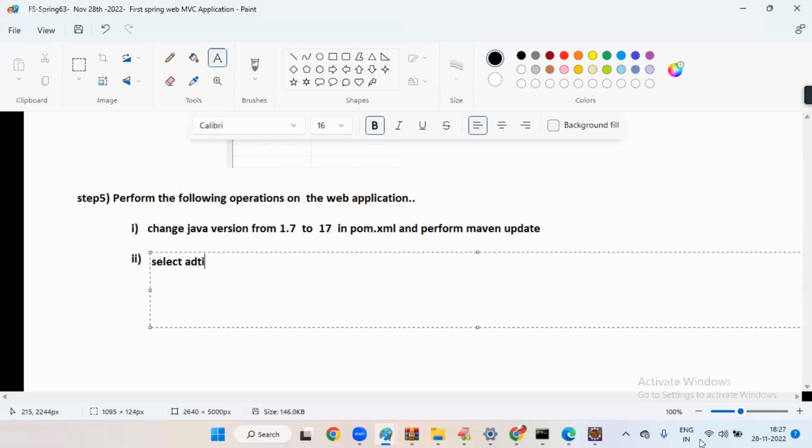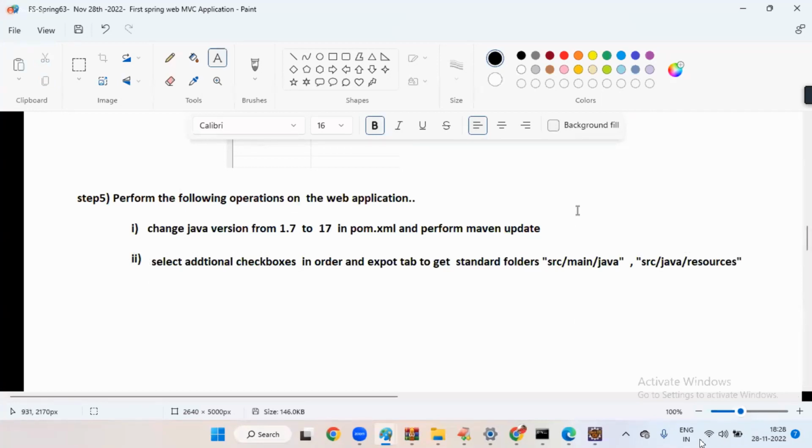Select additional checkboxes in the Order and Export tab to get standard folders: src/main/java, src/main/resources, src/test/java, src/test/resources. Understanding my statement? To get the standard folders,